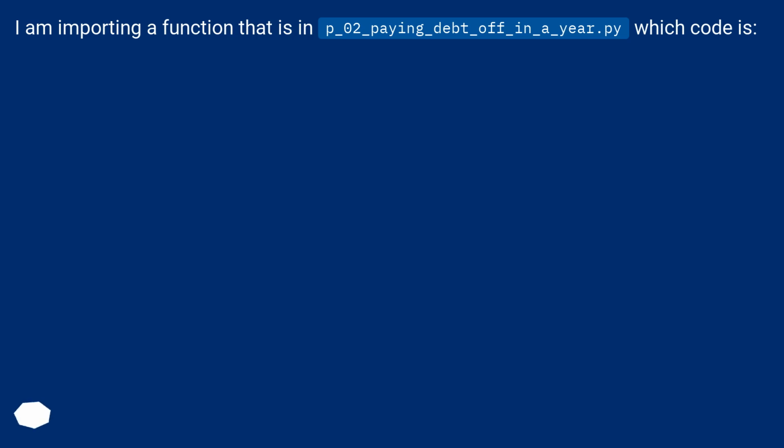I am importing a function that is in p_02_paying_debt_off_in_a_year.py, which code is